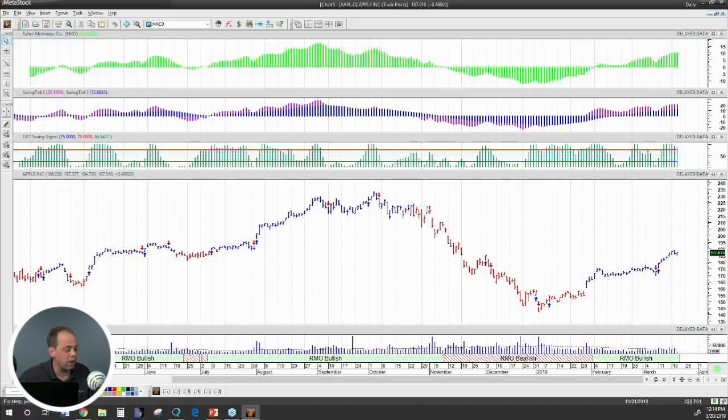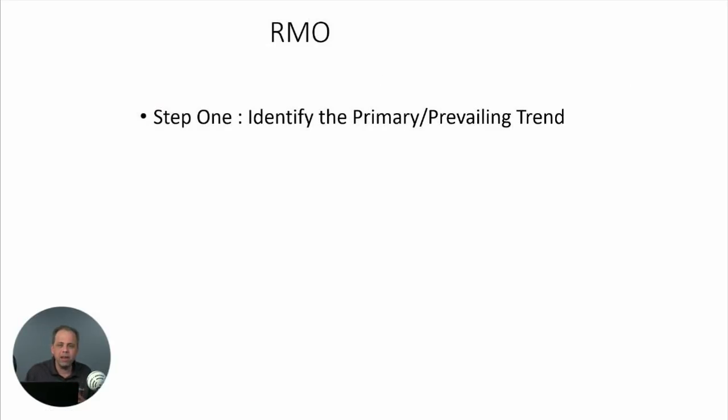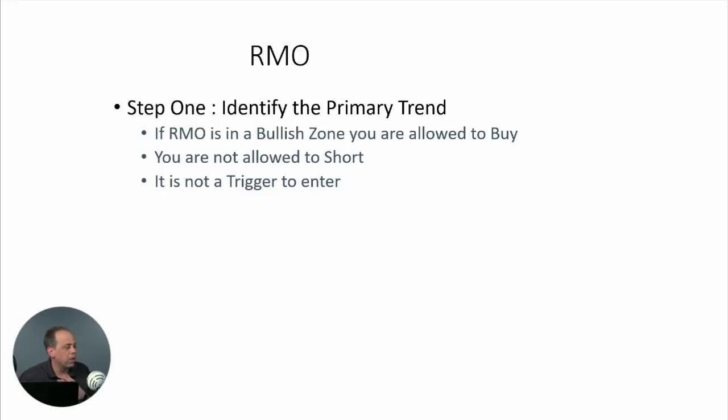If we look at where this kind of dropped off and started to go bearish, it was a pretty steep dive. And so even by using this rule alone, if we're looking only to go short during this big dive down that happened right here, and not taking long positions, that is going to be very, very helpful, I would argue, and not looking to try and buy until we see a good trend. So that's step number one. Basically, what we're looking to do is identify that primary or prevailing trend. And it's that simple. It's that easy.